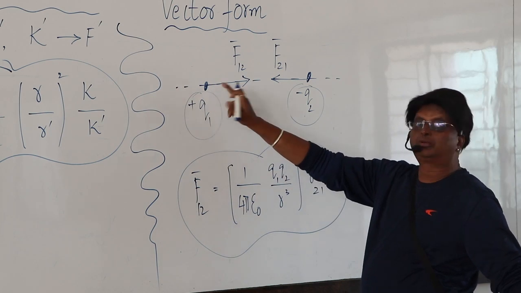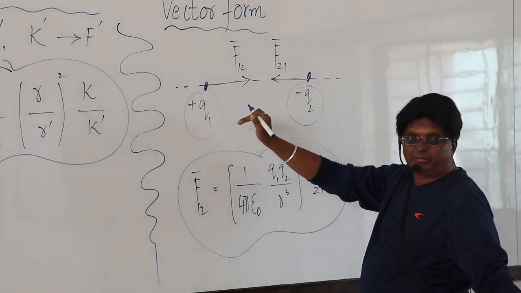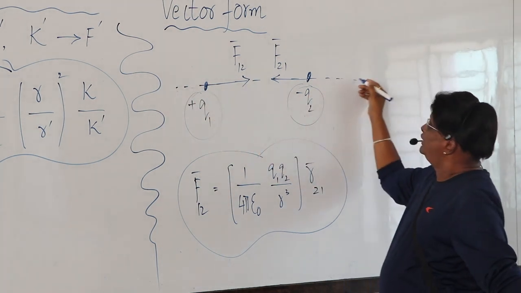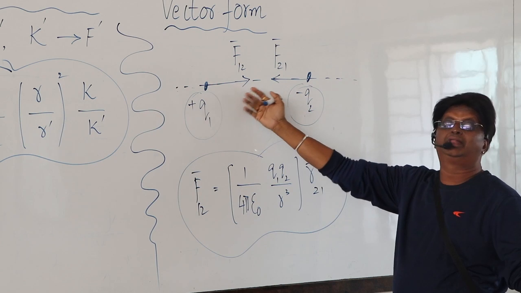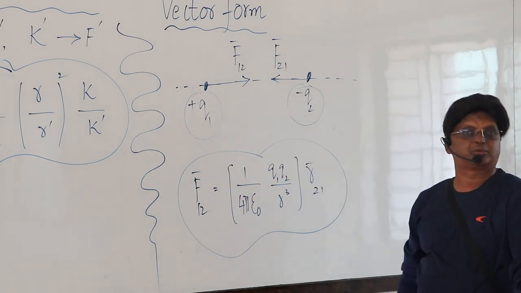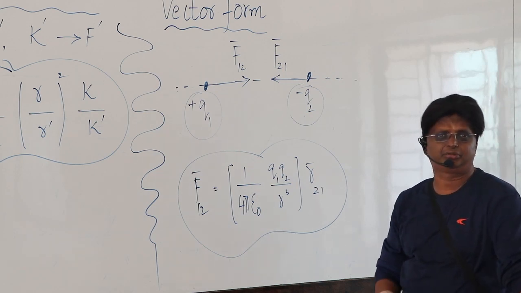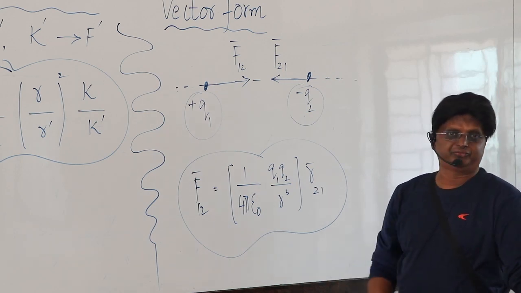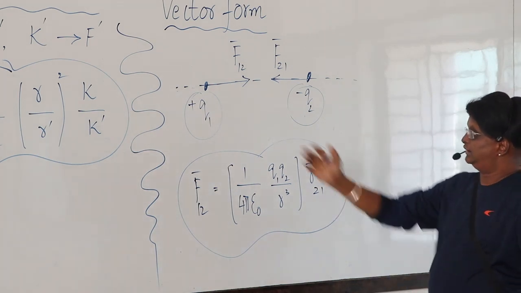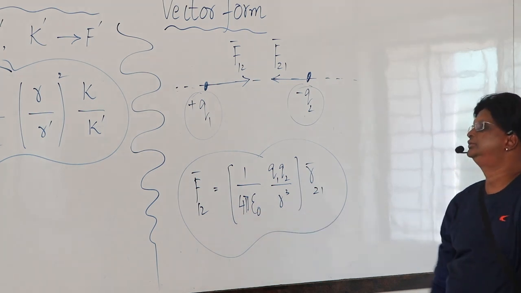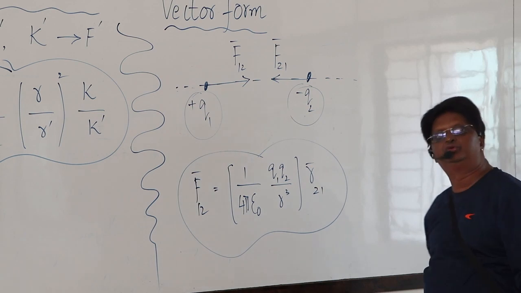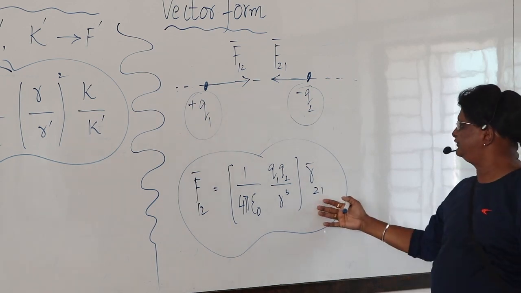You can find how to write this vector, it is a very simple but important thing. See the two charges and this is the line joining. You are drawing the vector along the line joining the two charges, and how to write that vector direction? It's very simple. You see whether it is attractive force or repulsive force, and that will give you this idea. Now here this F12 bar I have shown this expression. Do you remember how to convert a scalar form into vector form? Multiplication with a unit vector. That's all done. Now this is the form that you get.